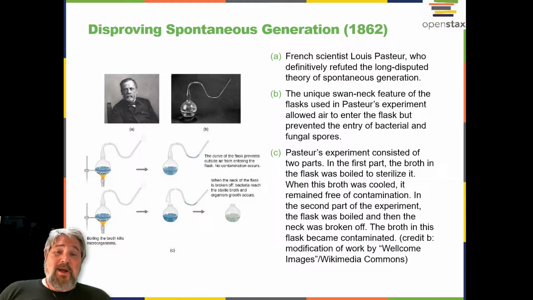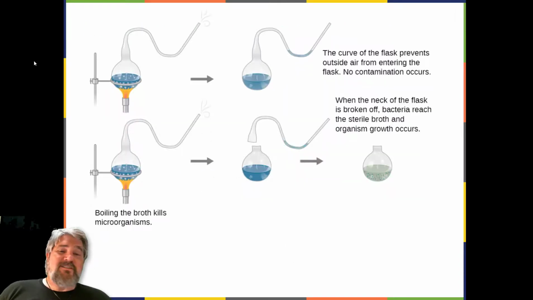but rather airborne microorganisms. Later, Pasteur made a series of flasks with long, twisted necks, swan neck flasks, in which he boiled broth to sterilize it. His design allowed air inside the flasks to be exchanged with air from the outside, but prevented the introduction of any airborne microorganisms, which would get caught in the twists and bends of the flask's necks.